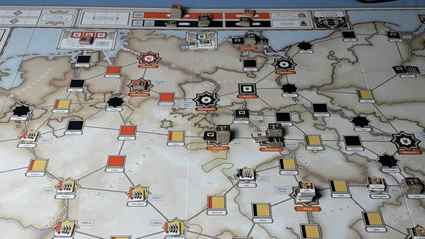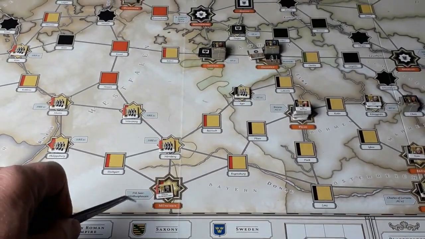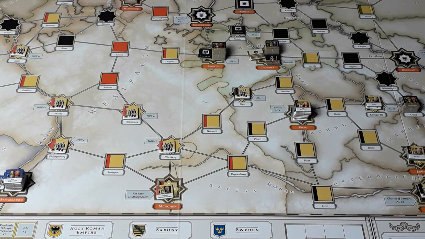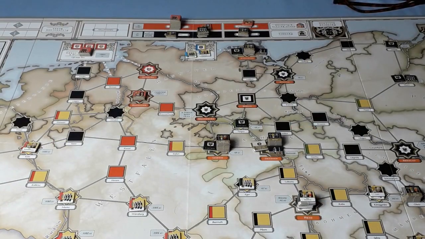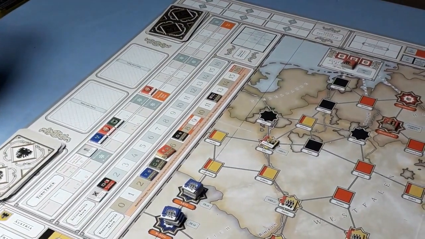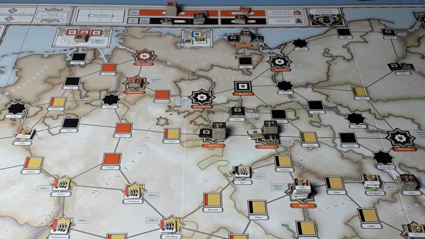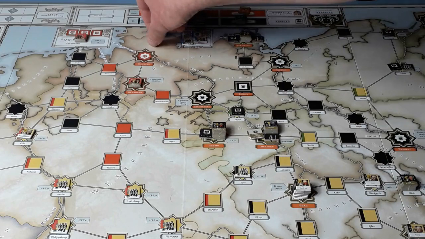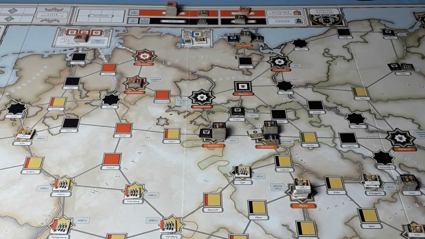Holy Roman Empire has only the 1 resource spot down here, and all they have is a leader. So we'll pop him up there in Cologne. We'll do Prussia next. Prussia has 7 resource units according to the track over there. So we'll take a couple of the leaders, commanders, and 5 of the other units. So